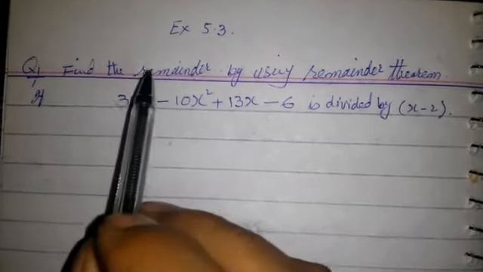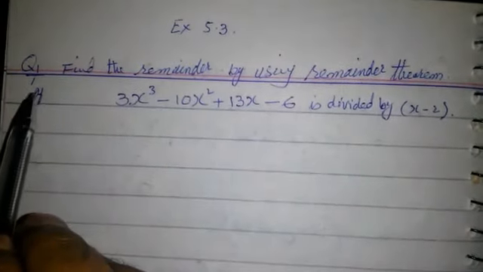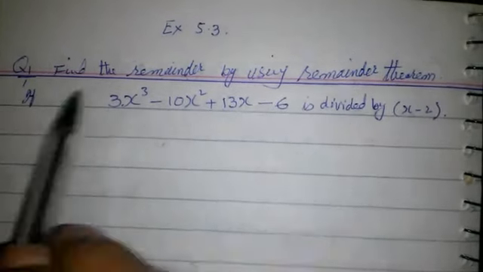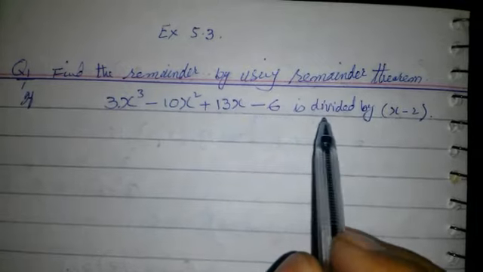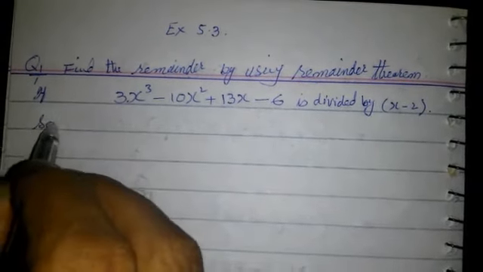Bismillahirrahmanirrahim. Today we are going to solve exercise 5.3. Find the remainder by using remainder theorem if 3x cube minus 10x square plus 13x minus 6 is divided by x minus 2. Let's solve this. Its solution is given as